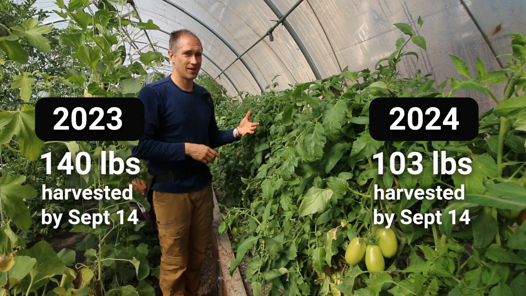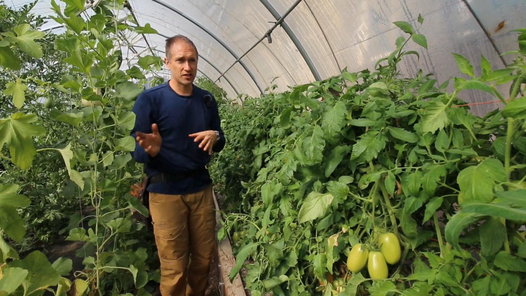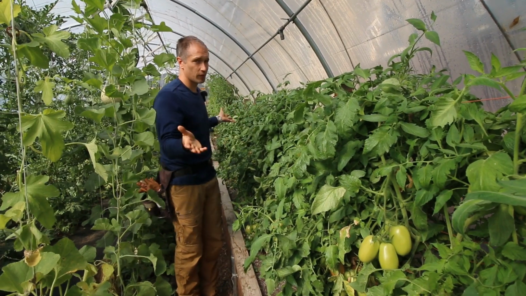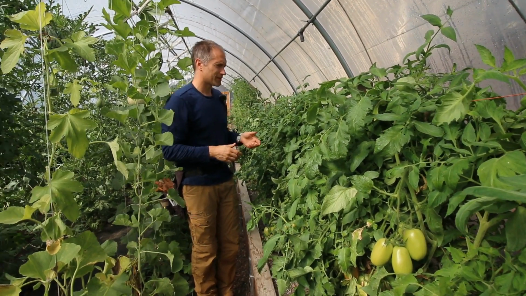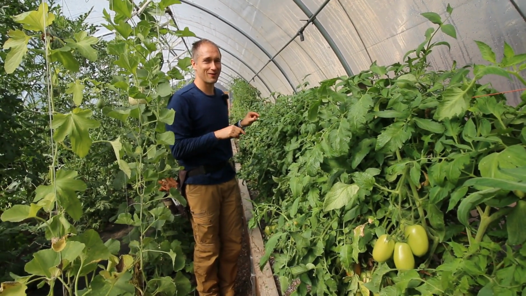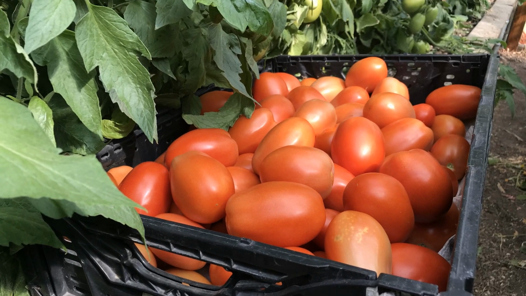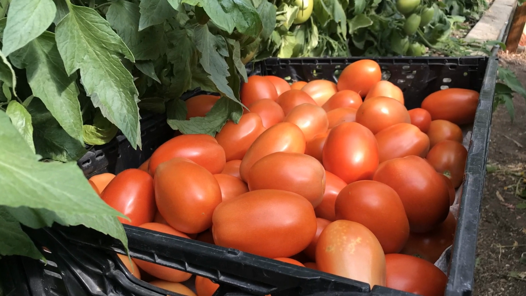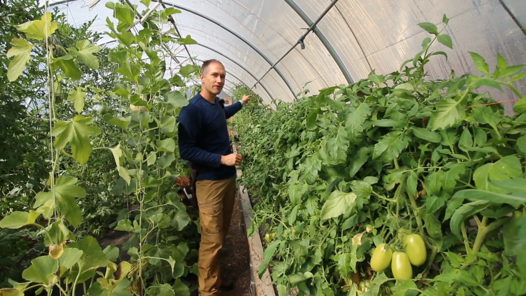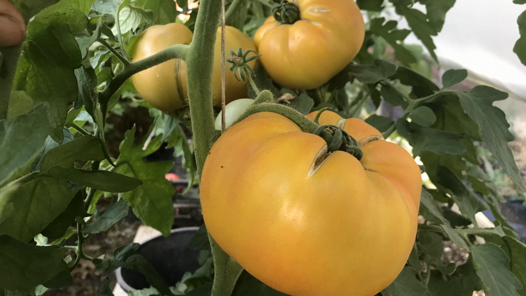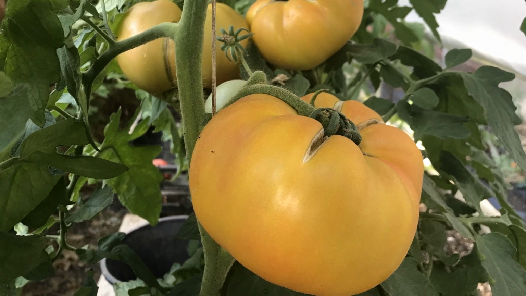So we're behind in overall yield so far, confirming just that the move to the north side of the greenhouse is detrimental to the performance, as we should expect. But still remarkable, I think, that this crop can pump out well over 100 pounds of tomatoes in a slightly shady zone of our high tunnel. Some of the heirloom tomatoes that we've got further down there are much less impressive in terms of the yield per square foot. We won't head down there today because those are the main lessons I wanted to cover here,